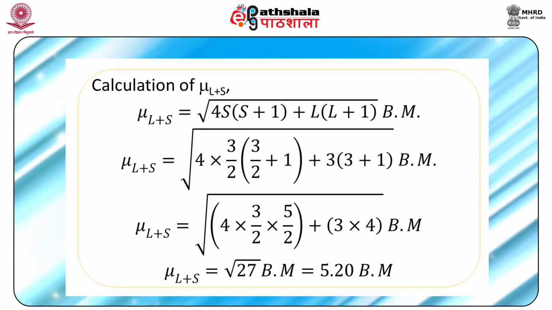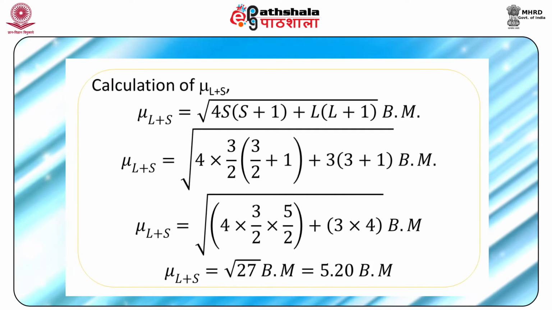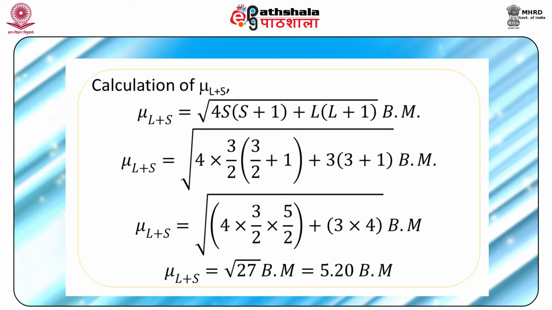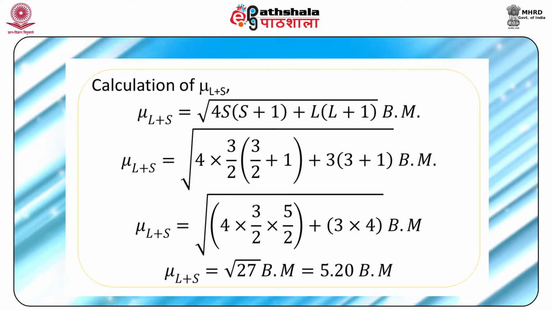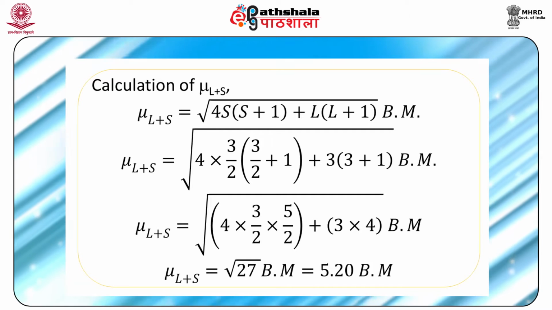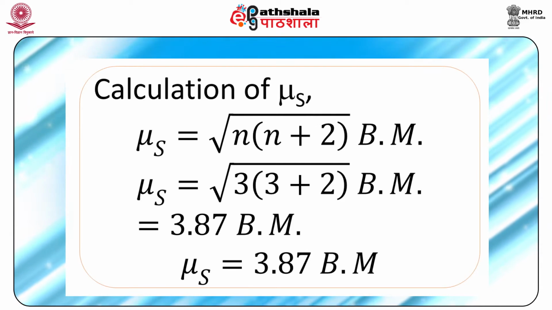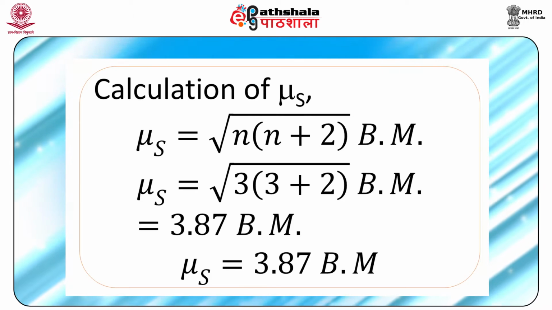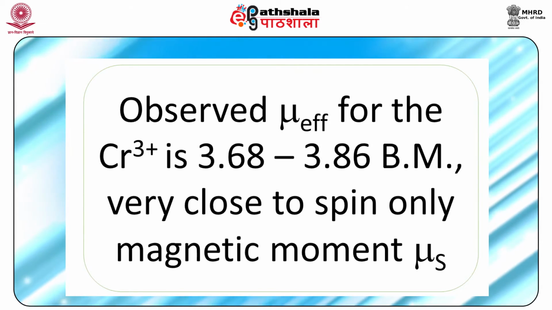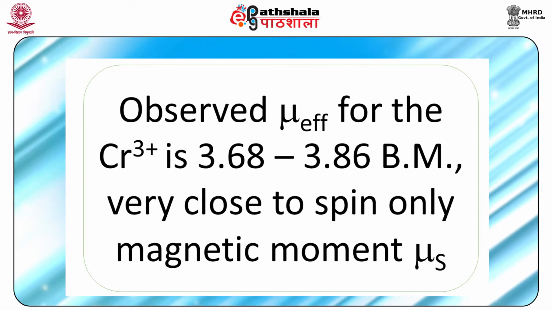Similarly, we can calculate mu L plus S by putting the values of capital L and S into the formula: mu L plus S is equal to the square root of 4S into S plus 1 plus L into L plus 1 Bohr magneton. The value comes out to be 5.2 Bohr magneton, and mu S can be calculated by using the formula square root of n into n plus 2 Bohr magneton, which comes out to be 3.87 Bohr magneton. The observed mu effective for the chromium 3 plus ion is 3.68 to 3.86 Bohr magneton, very close to the spin only